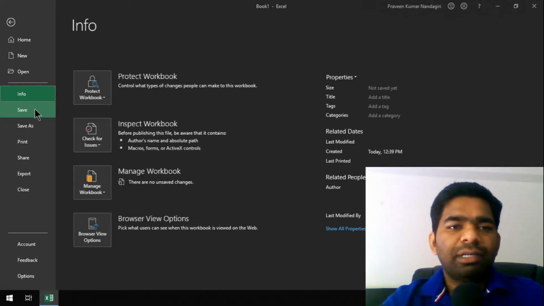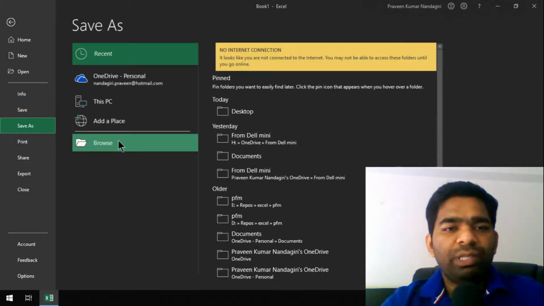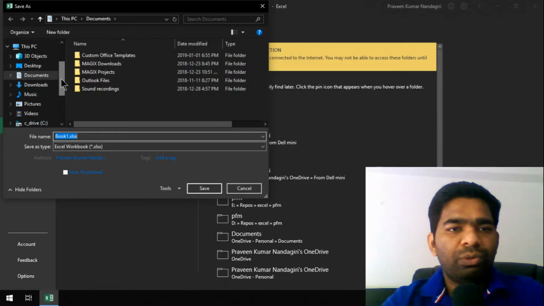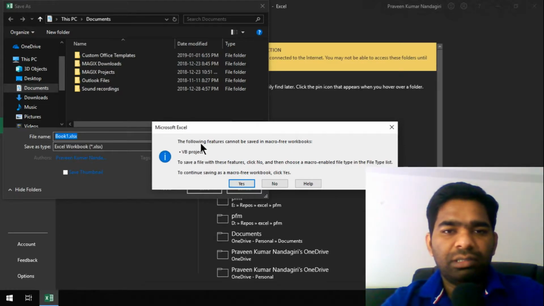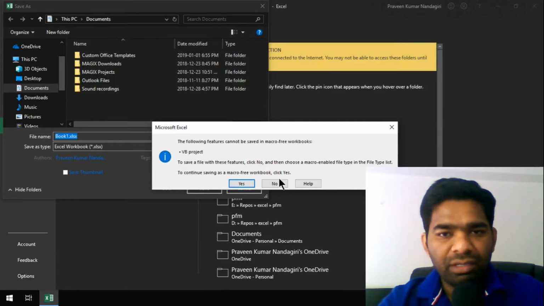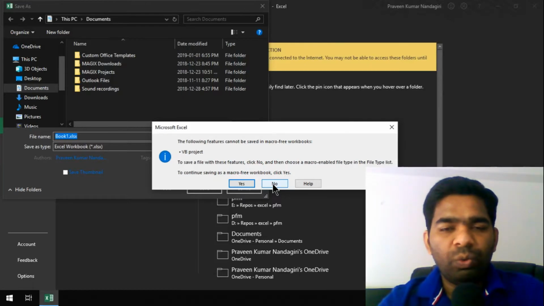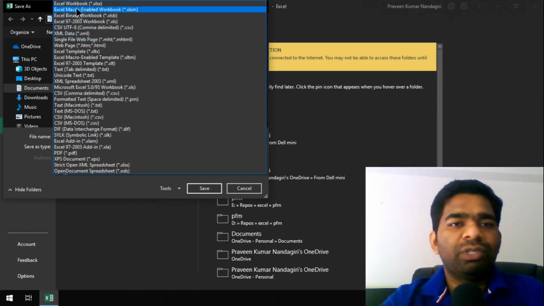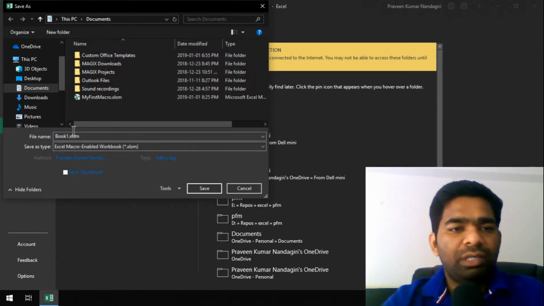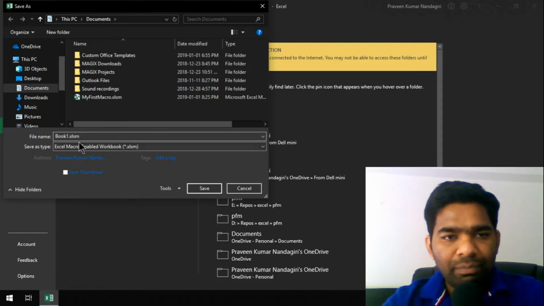Coming to the saving part, since all Excel books by default get the latest format, XLS or XLSX, if you intend to save a workbook with a macro, then you would probably get a message like this, which says the VB project cannot be saved in a macro-free workbook. If you hit Yes, the workbook will be saved as a macro-free workbook, which technically means the macro will be wiped off. So it will only work as a blank Excel file. So let's hit No, and the next option we should select is Excel Macro-Enabled Workbook. Now the format you notice is changed to XLSM. Now when you hit Save,